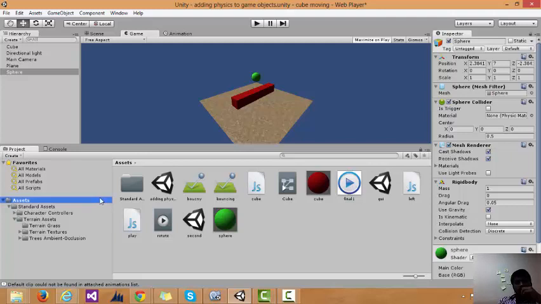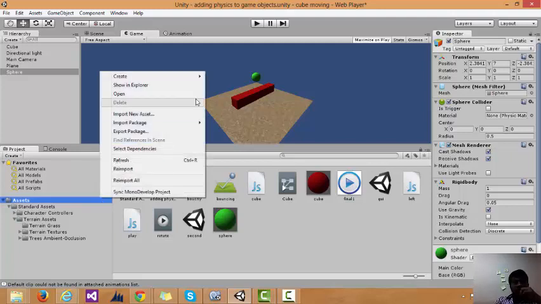Now I want to add a physics material to this. In order to add a physics material, the first and primary thing is that the game object should be a Rigidbody. This is the important note: if the game object is not a Rigidbody, we can't add any physics properties. So definitely the game object should be a Rigidbody. Then only can we add any kind of physics material to the particular game object.